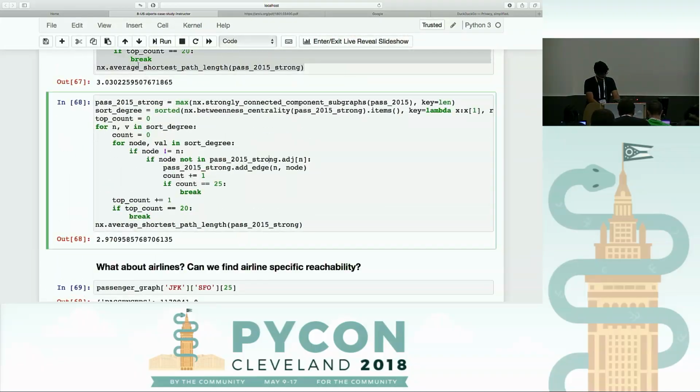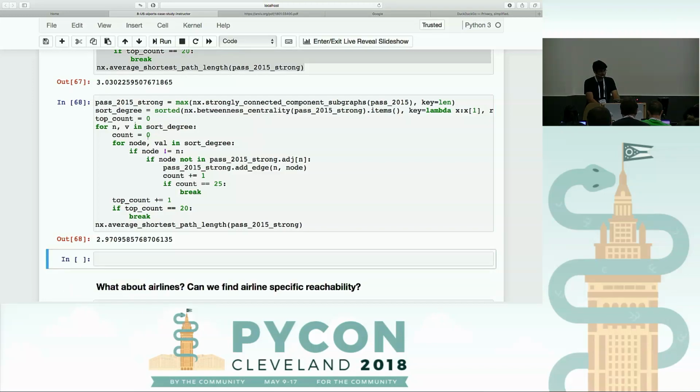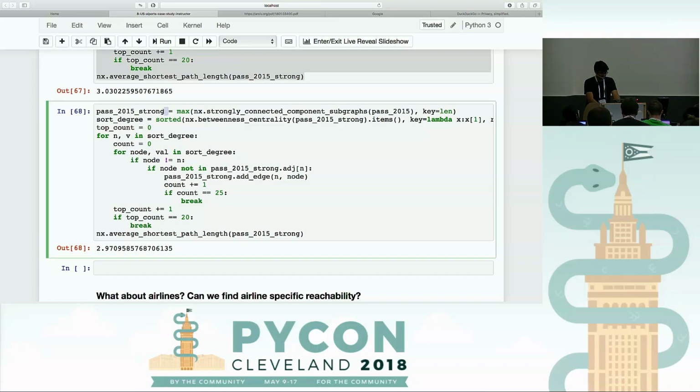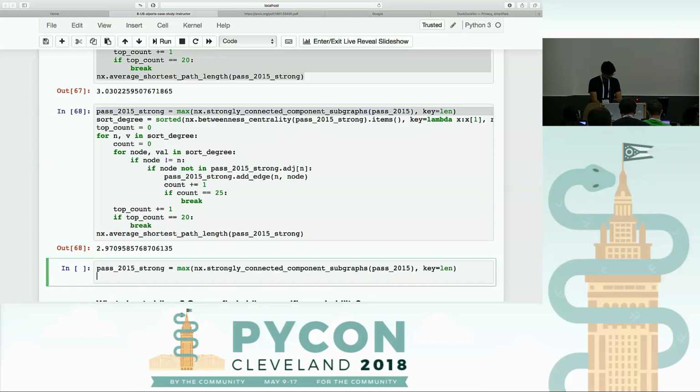You're going on 2% of the edges, not 2% of the nodes. So just make somebody act like Google. Yep. That is the plan. The highest degree was Atlanta, right? So what we're going to do is